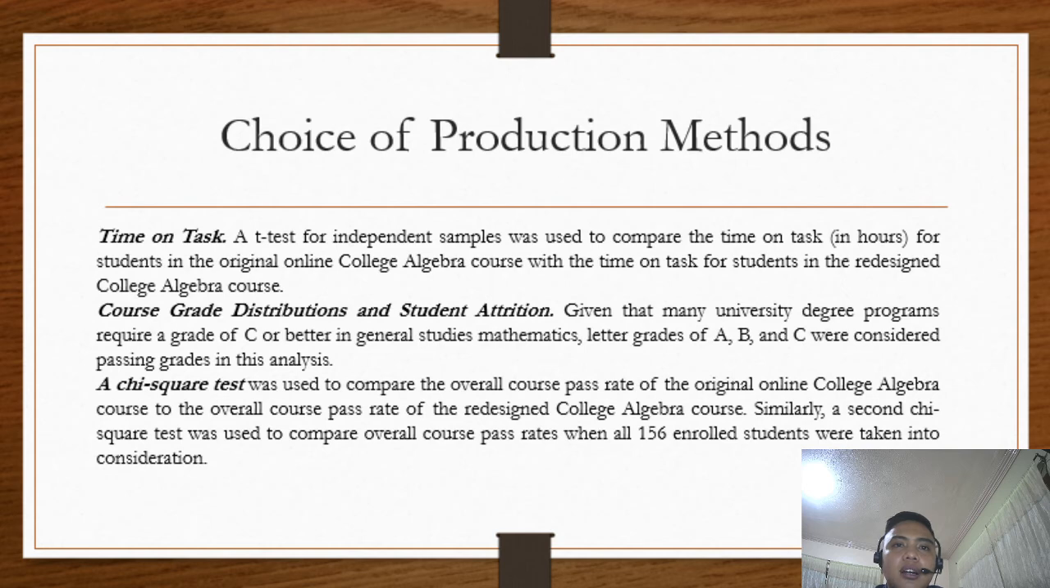A chi-square test was used to compare the overall course pass rate of the original online college algebra course to the overall course pass rate of the redesigned college algebra course. Similarly, a second chi-square test was used to compare overall course pass rates when all 156 enrolled students were taken into consideration. Now, moving on,